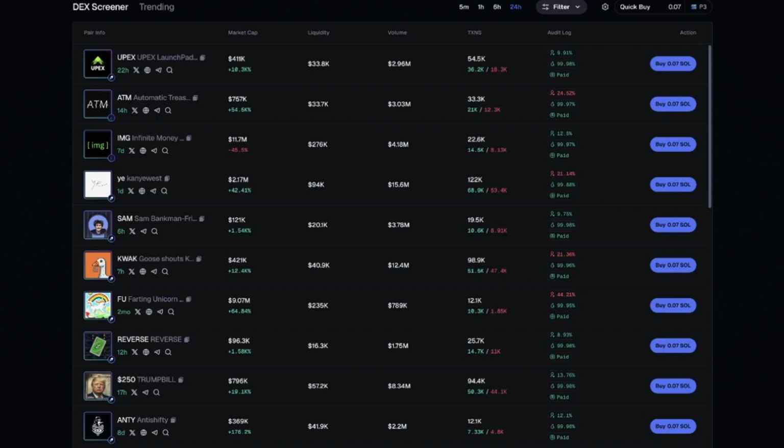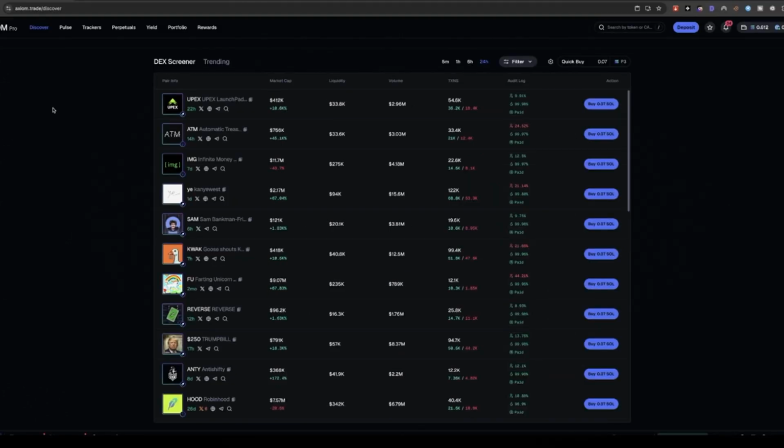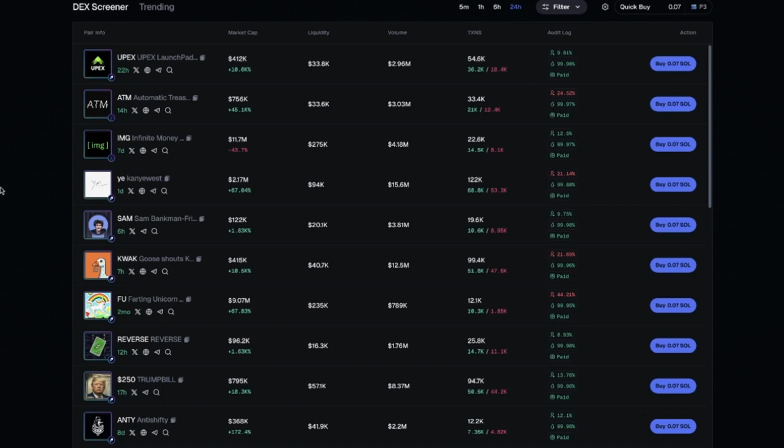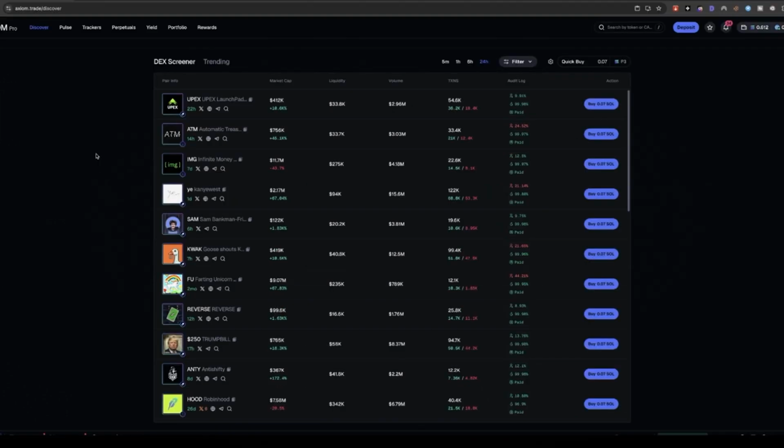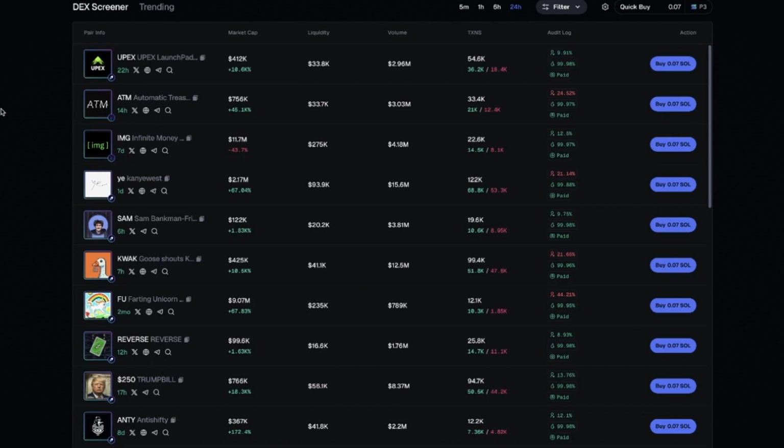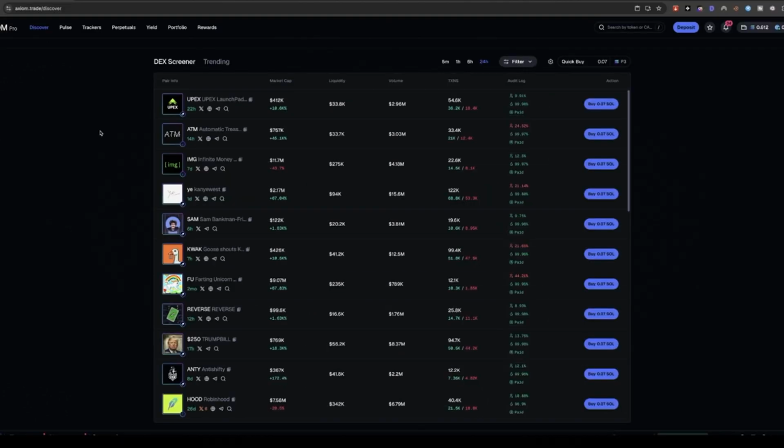This happens on a massive cycle, so if you're new to the meme coin space and you've never seen crypto crash before, it does happen. I've been in crypto for a couple of years now, and you'll have stages where it will advance and some stages where it will crash. Now, how does it affect the markets right now?